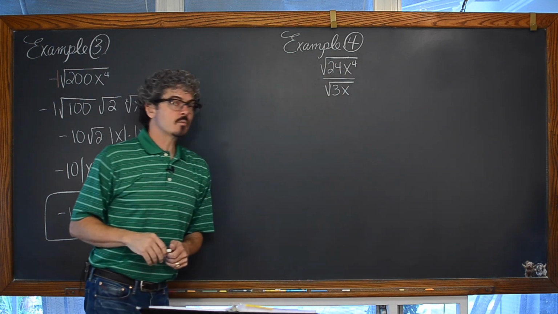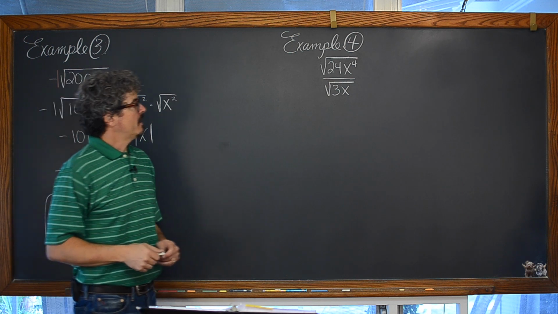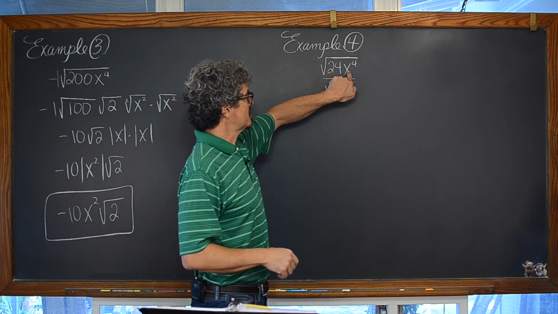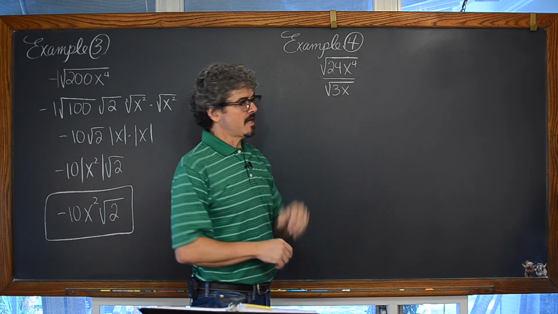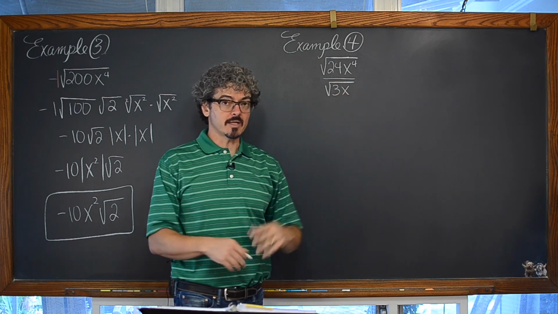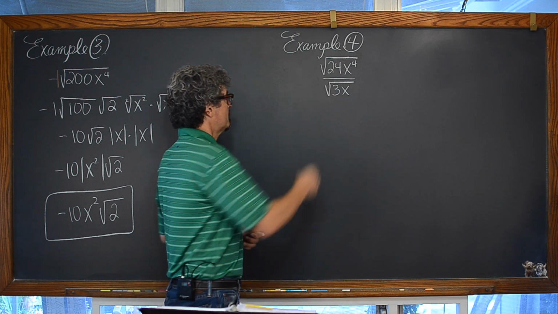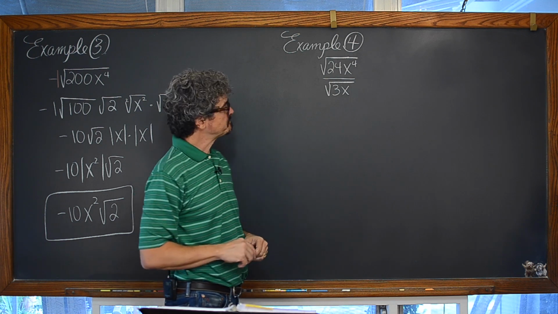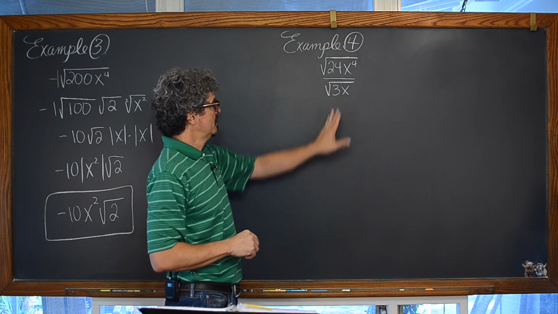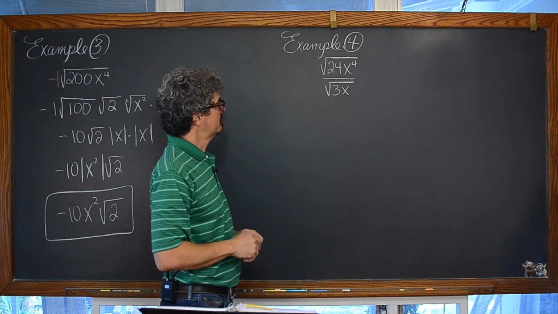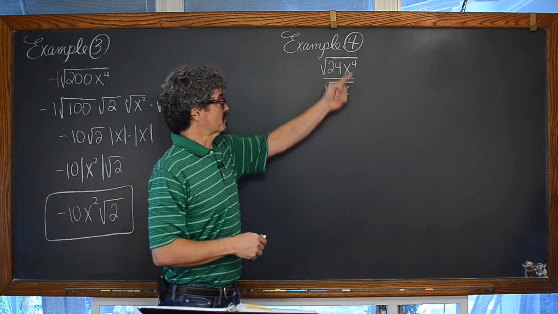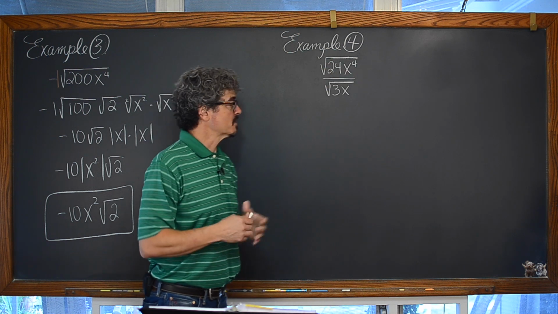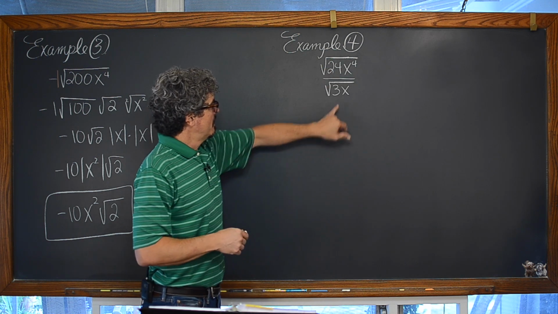Now over here, with example number 4, we have the square root of 24 times x to the 4th over the square root of 3 times x. And we have the same variable in the numerator and denominator, x. And 3 is a positive value, or factor of this term of 3x that's inside the square root that's in the denominator. There's no plus or minus here. Technically, this whole thing is a single term, but look in the denominator.